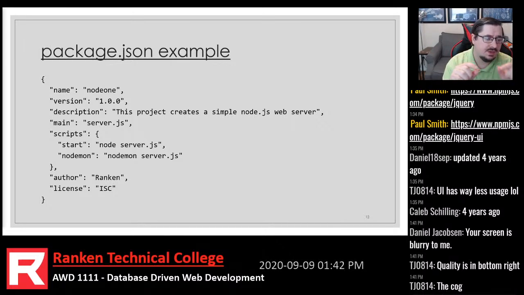the main setting there, the main property says which JavaScript file is the one that you want to run to kind of start the application, generally to start the server. So usually that will be